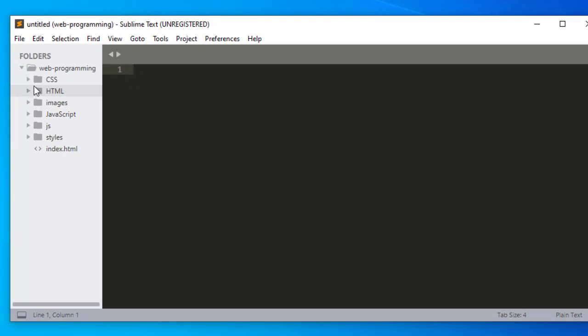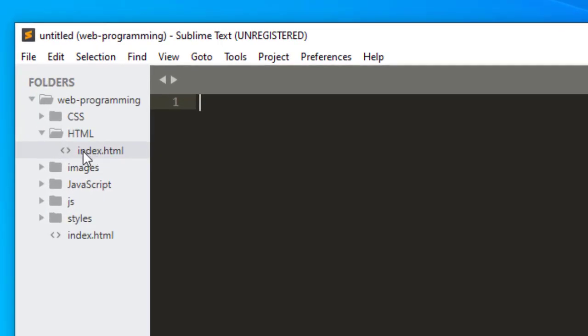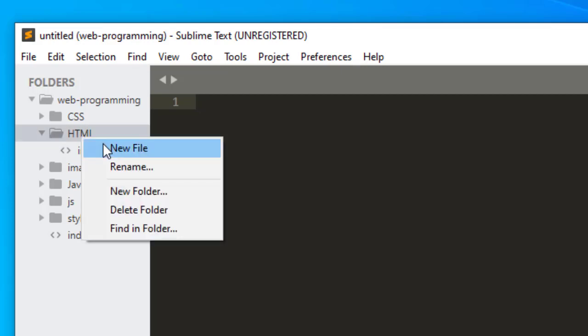Now there's a bunch of stuff I put in here, so we'll get to a lot of this later, but we are going to start out in the HTML folder. If you open it up, there's a file that I already put in there. It's called index.html. If you poke around, you'll find quite a few files called index.html, and we'll talk about them later. But what we want to do now is add a new file to our HTML folder. So right click on the HTML folder here, and then choose New File,